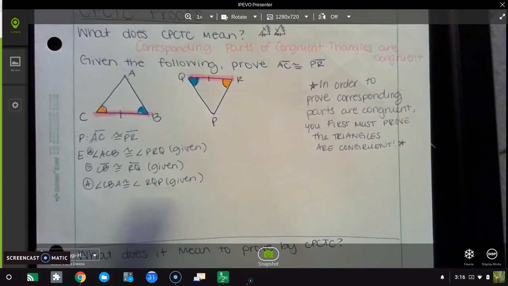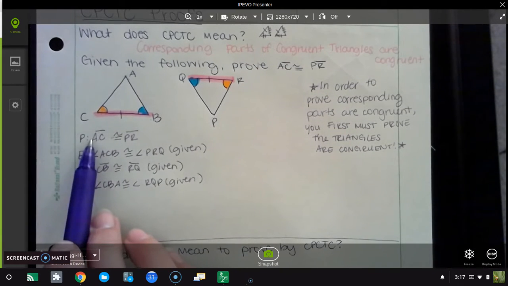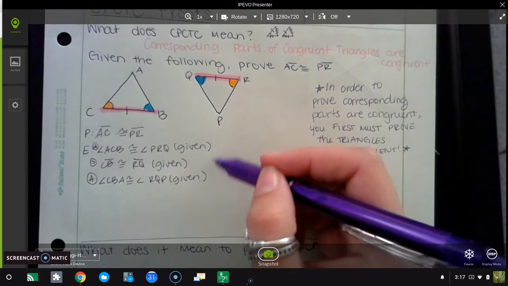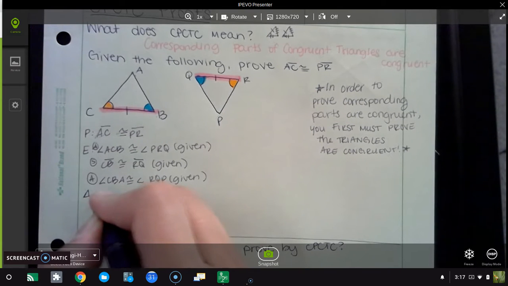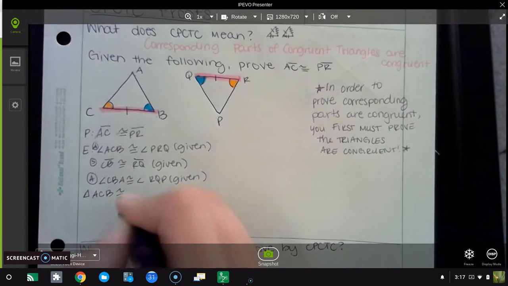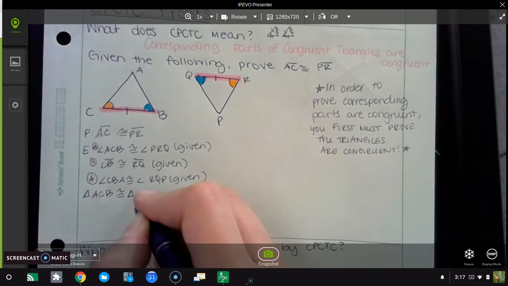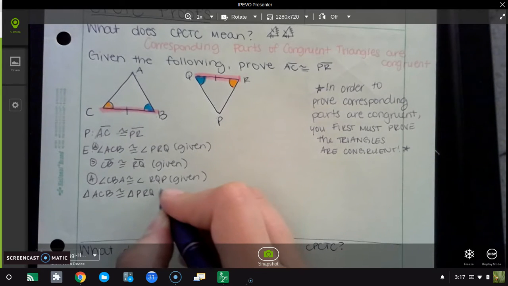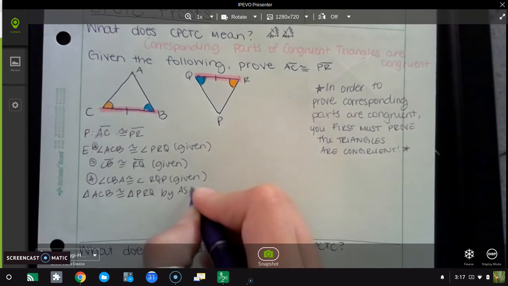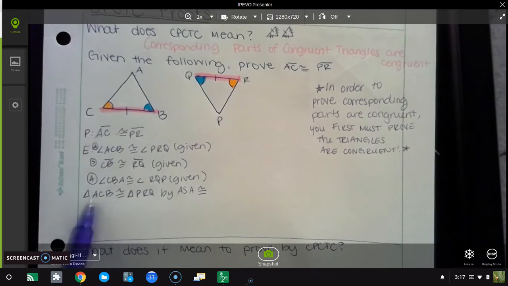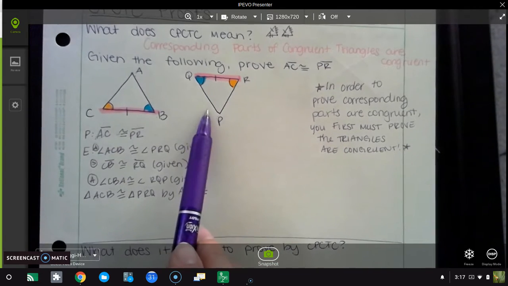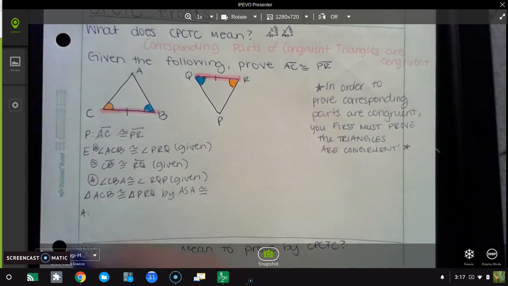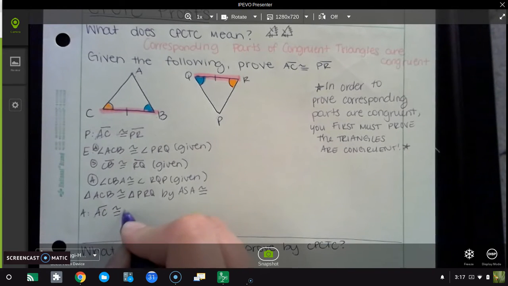So I can't close this proof out yet because remember I'm not proving the two triangles are congruent. I'm proving that my two side lengths are congruent. So after I've said that, I can in conclusion say that my two triangles are congruent. But in order to prove my top part, I can't say my two triangles are congruent as my analysis. I can only put it as part of my evidence. So these two are congruent by angle, side, angle congruence. So because of this, if I know that I have two congruent sides, I can say that all corresponding parts are congruent. So I can say AC is congruent to PR